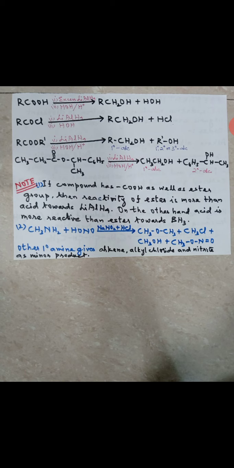So you may say, sir, alkane on oxidation gives alcohol. Alcohol on oxidation gives aldehyde. Aldehyde on oxidation gives carboxylic acid. We know that. So if I go back, this is reduction. Carboxylic acid should give aldehyde on reduction. Why is it giving alcohol here? RCOOH, why is it giving RCH2OH? It should give RCHO, isn't it? It should give RCHO, correct.